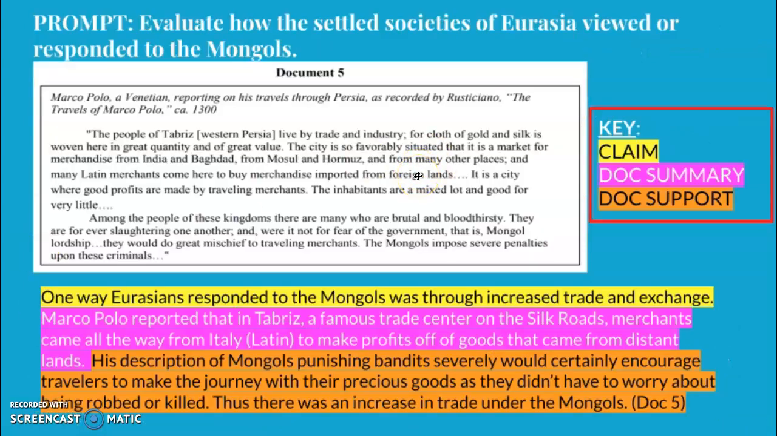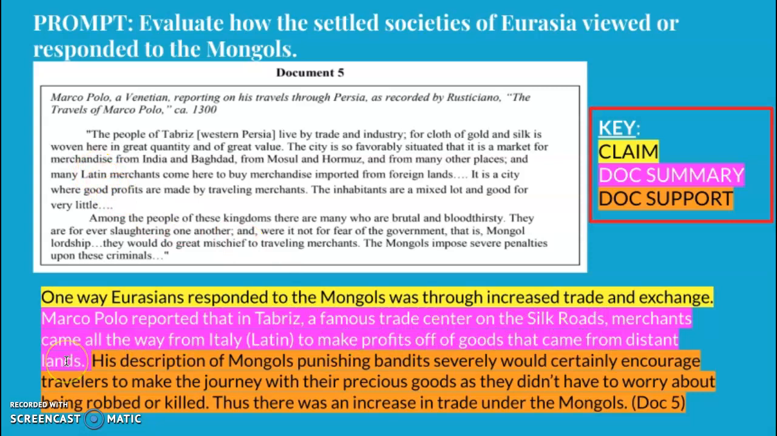Here we're using document 5 from the Mongols DBQ that you practiced with. The prompt was evaluate how the settled societies of Eurasia viewed or responded to the Mongols. So you have the document here, and I'm showing you the claim, the document summary, and the doc support. One way Eurasians responded to the Mongols was through increased trade and exchange. That's your claim. Then Marco Polo reported that in Tabriz, a famous center on the Silk Road, merchants came all